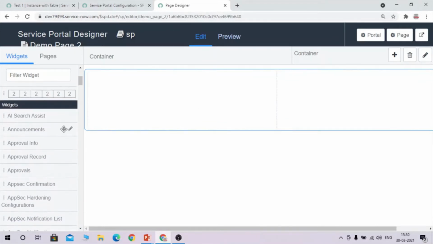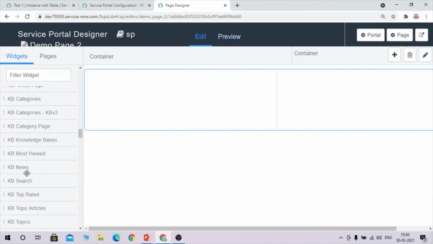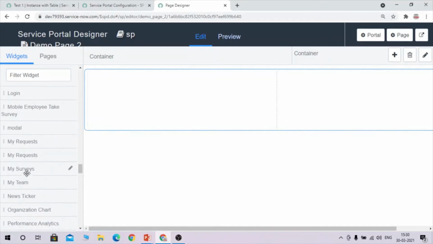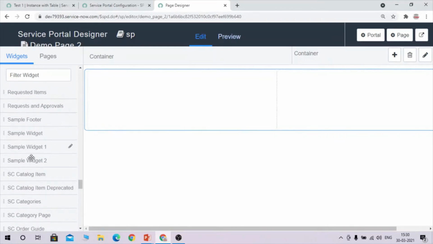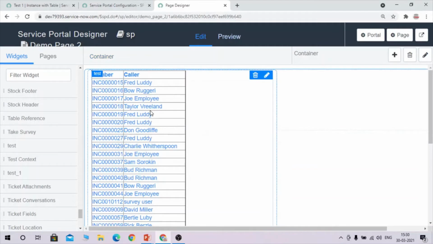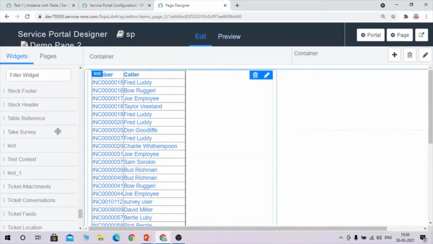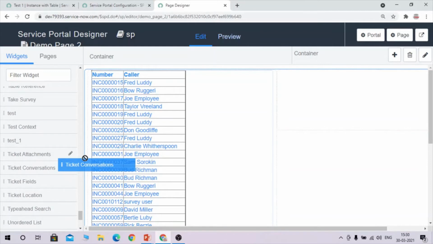Here you just need to select the visit. I have already shown it in a previous video, so I'm not going to take much time, I'm just showing it quickly. You can select any, and I'm going to select this test visit that I have created. Here it is showing the active incidents, so this many incidents are active in our instance. And here you can add another ticket attachment into the second visit. So this is how you can add a visit in a page.